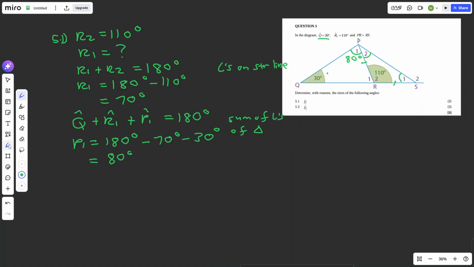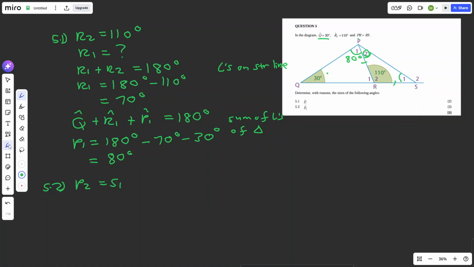As you can see, we took a step-by-step approach, and within each step, we gave reasoning as to how we derived our solution. Now, let's go to 5.2. In 5.2, we want to find P2. So P2 is this one here. But how do we go about finding P2? You remember, we said that P2 is equal to